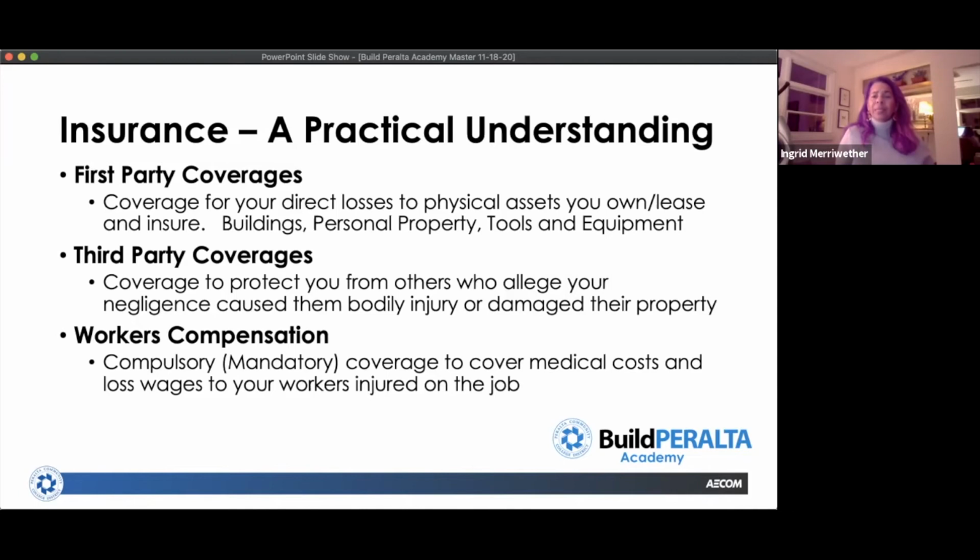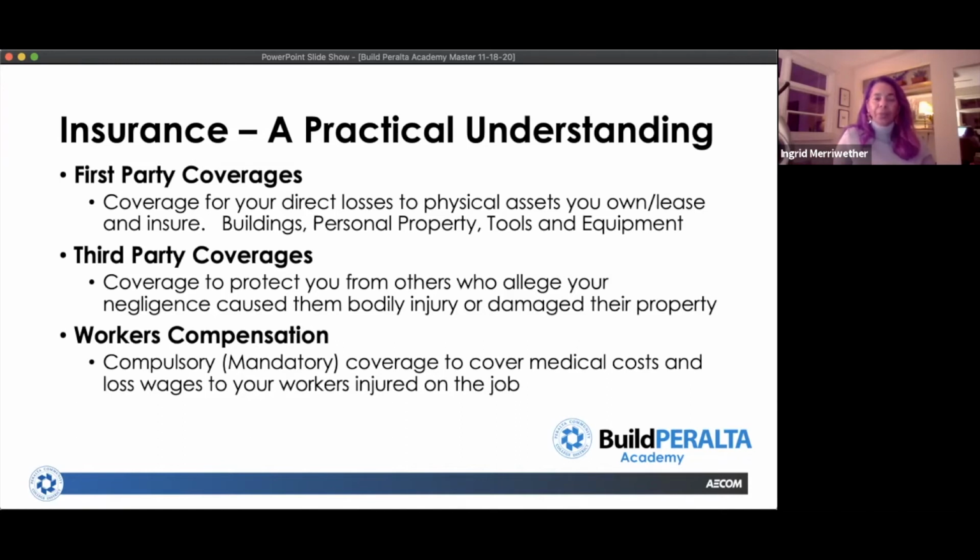and equipment separately than you would your business personal property, for example, because your tools and equipment don't stay in one place. Your desk and your office furnishings, they are permanently located at your business location or your home office location, and that's where they are insured when they're at that location. But your tools and equipment don't stay at that location. They're in a trailer site, they're in a laydown area, they're in your truck. So you want to insure tools and equipment separately, and we'll talk about the kind of coverage you get for